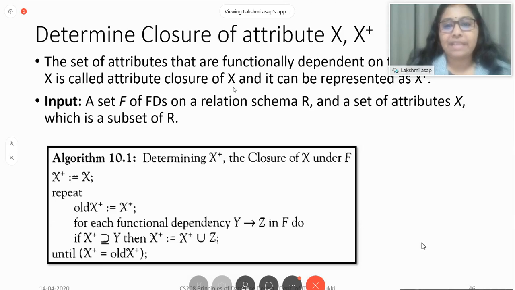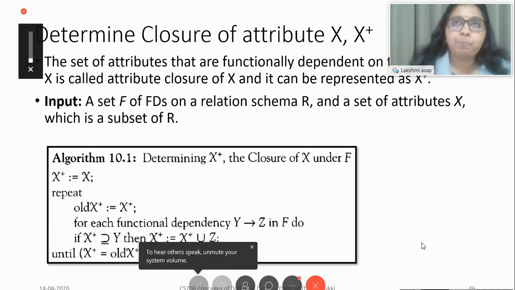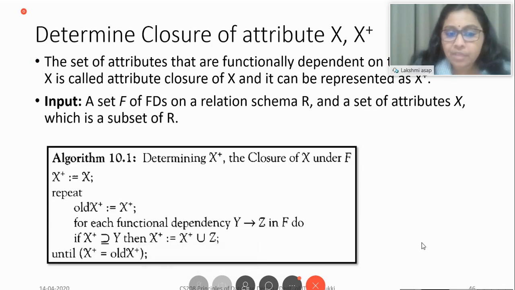The attribute closure of X can be represented as X plus. So you have your FD closure F plus. From your FD closure F plus, you determine the attribute closure of X, which is denoted as X plus. We have a small algorithm for finding the closure of an attribute X, denoted as X plus. So the input is